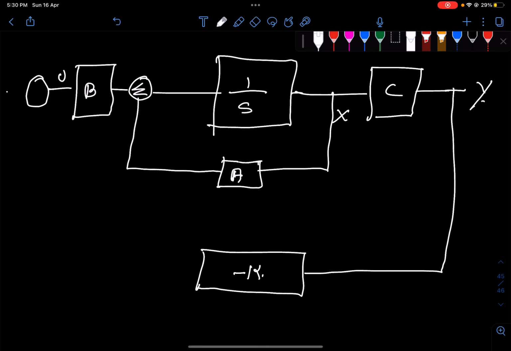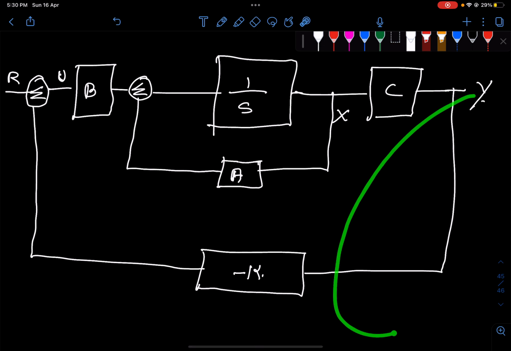This is u, and the input is R. The summer is there. We'll provide it to the summer, so it will get subtracted and given to the feeding system. So instead of taking it here from the output y,